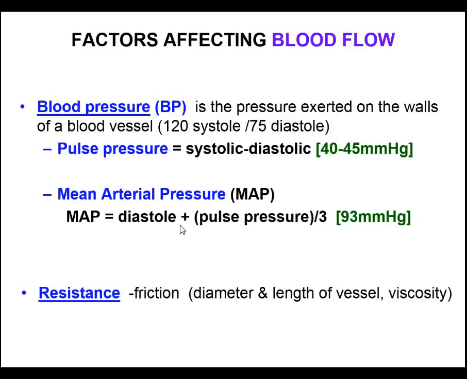Obviously, we can't do that. So here's this great equation that we can work with, and it gives us one number to work with, the mean arterial pressure, rather than the systole over diastole. So this is a very useful number in telling us the mean pressure in the arterial